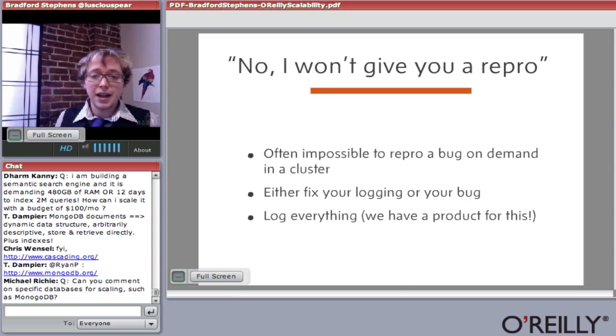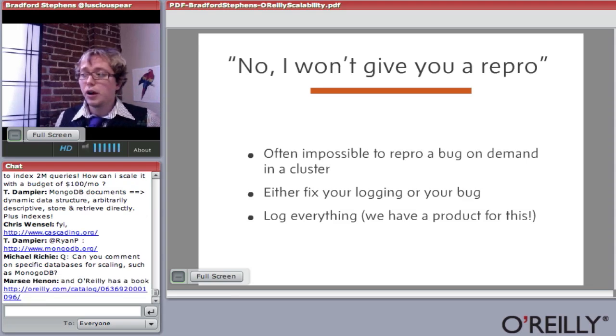You can log everything, and part of the Spire database is built to be able to stream logs into it easily. Cloudera has this thing called Flume, I believe it's called Flume, where you can log things into a database or log things into Hadoop and then process it with stuff like Cascading.